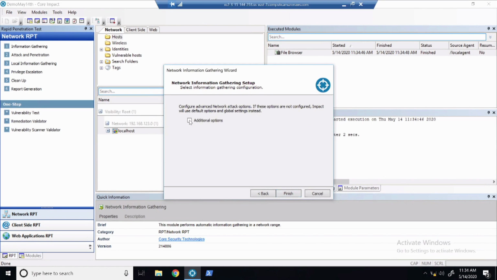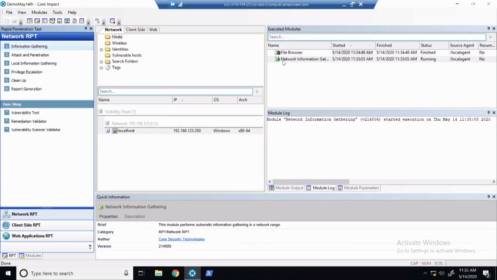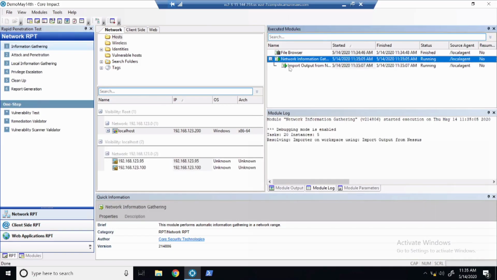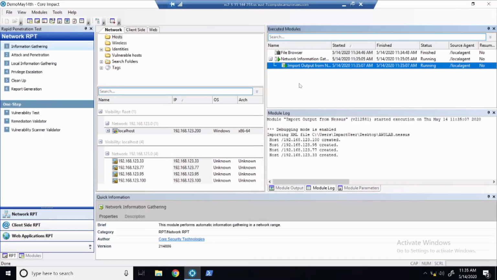But once I load that up, I can also tell Core, hey, do I want to look for services, banner grabs, zone transfers, all of that good stuff as well. So I'll set that to internal since I'm on the same network. And I'm just going to load up that scan. So this is where some of the automated features of Core come in. It's going to immediately import that over, apply that, and then move down the list of how